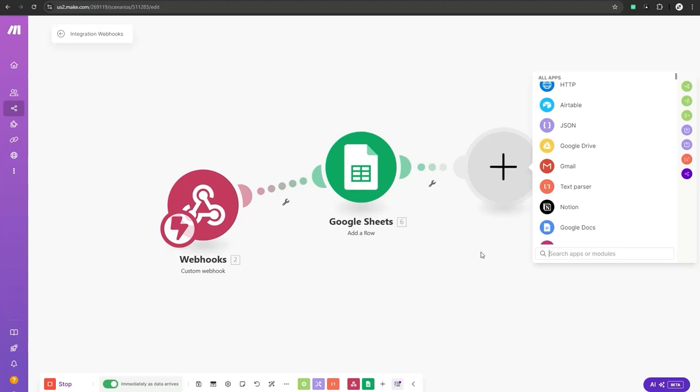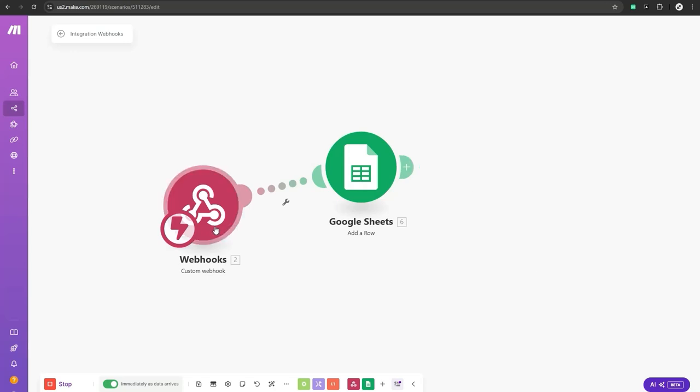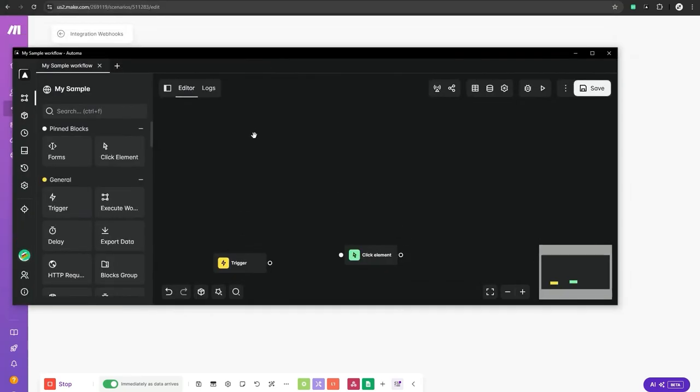Actually, it's a cloud automation tool. You can perform a lot of activity. You can see here there's a Google Sheet and ChatGPT and so on. In this scenario, it will be triggered by a webhook. The purpose of this scenario is that when you go into your Automa workflow, you have no further control over your workflow